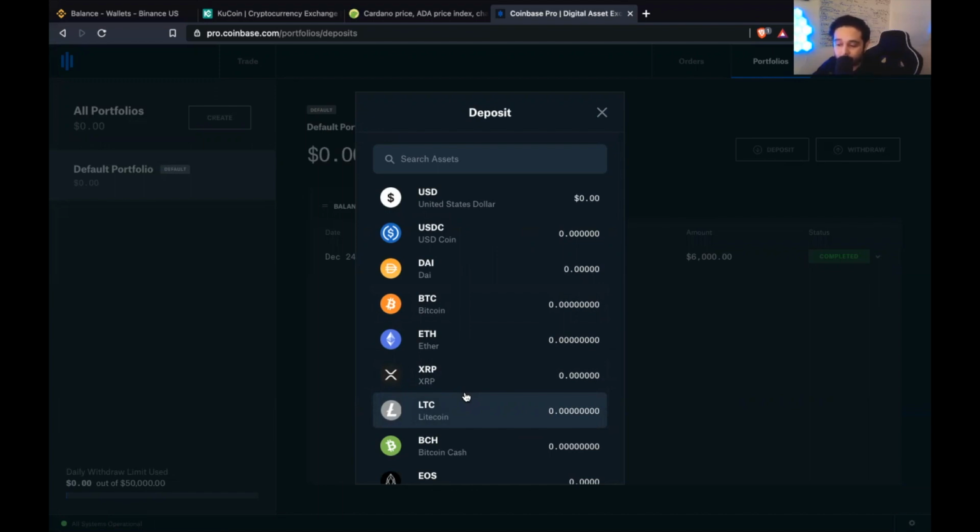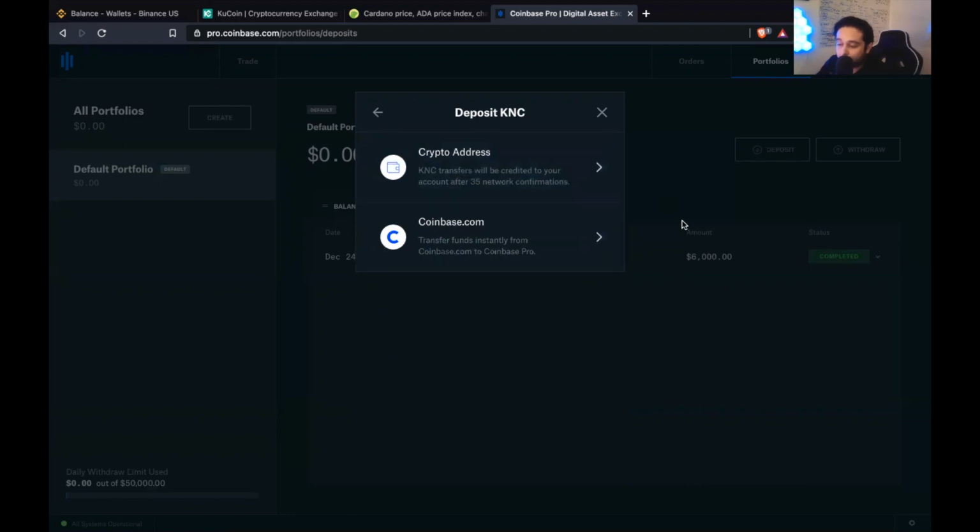It's the same company. I don't know why they separate the two. Maybe it's because they're gaining a lot of money on the retail-friendly version, Coinbase. It's really easy to read the regular Coinbase website, so maybe that's why. But let's